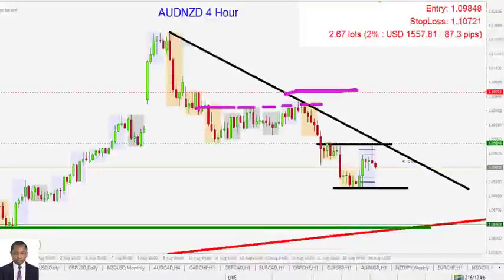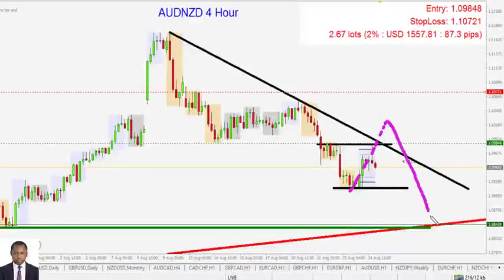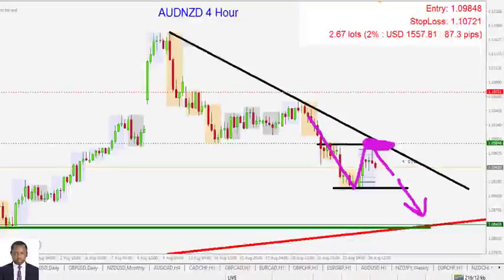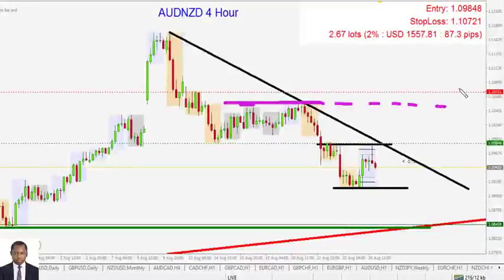If this trend is to hold true, I don't expect price to go back up, taking out the previous swing high. At worst, it could come to somewhere here, then from there on back down. But I believe this is the highest point of that swing, so we should be going back down. Okay, so our stop loss is anywhere above this high, I am placing it just around that level,